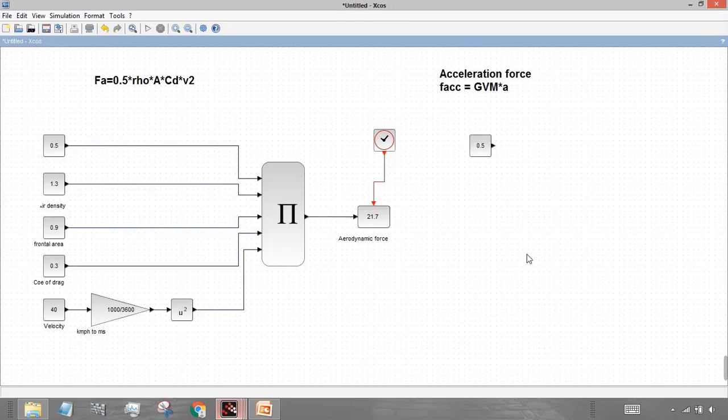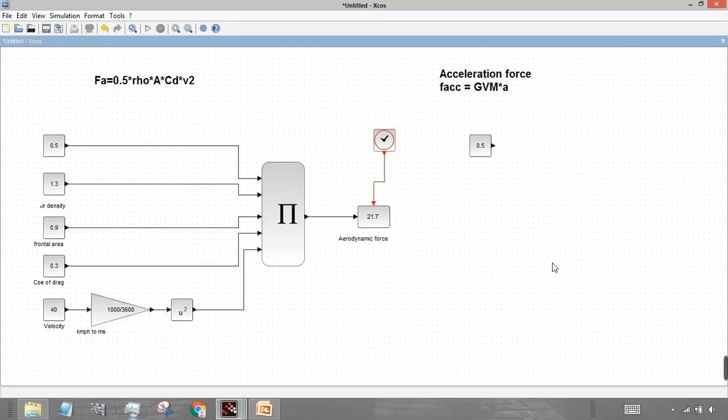Now we want to calculate the acceleration. As we know, acceleration is the derivative of velocity, dv by dt, and we have the input of velocity from over here.